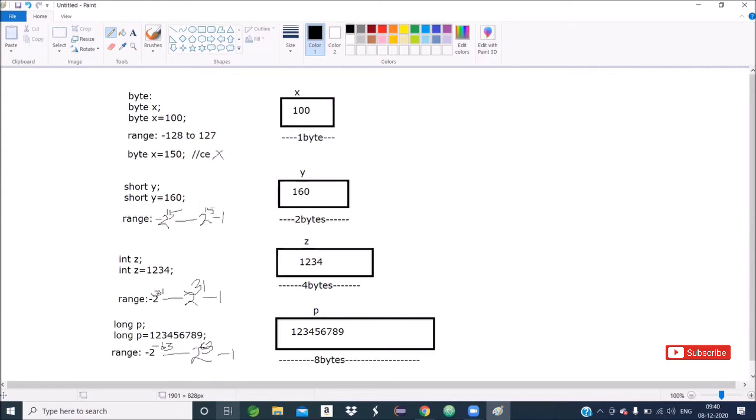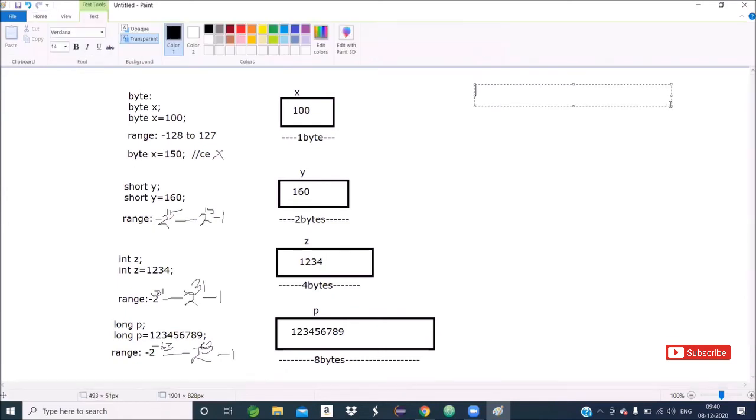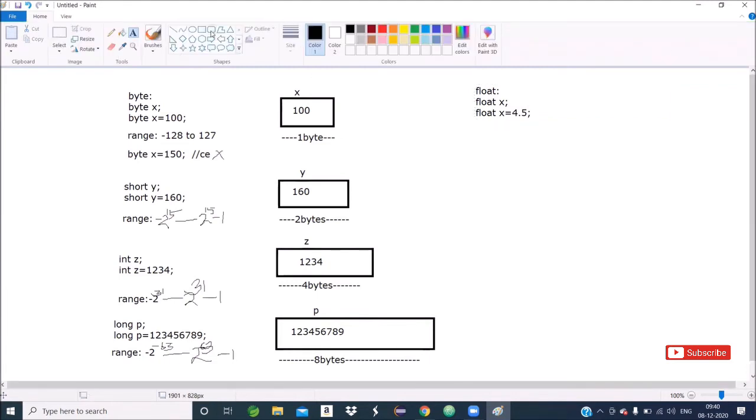From the data type. Then we will go to float. So I can write float x equals 4.5.